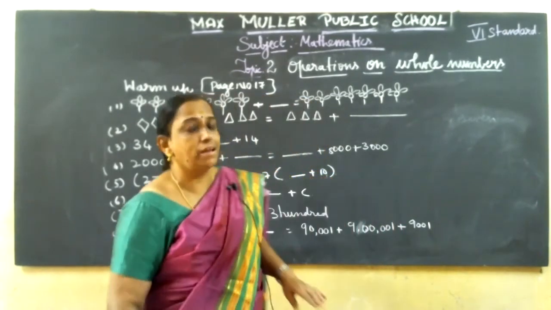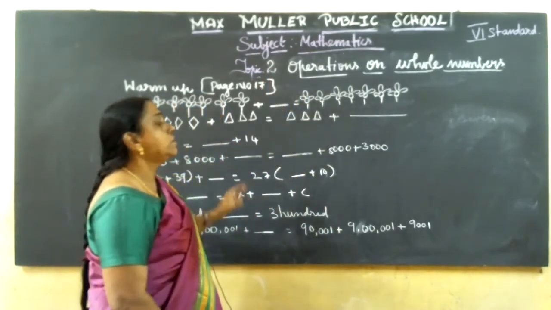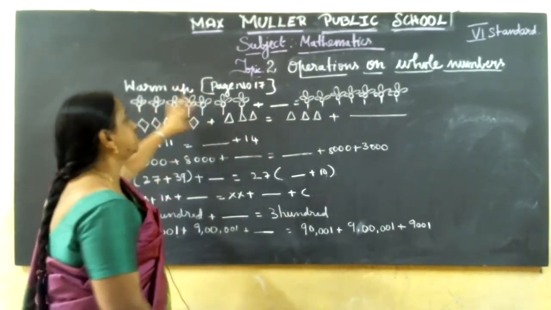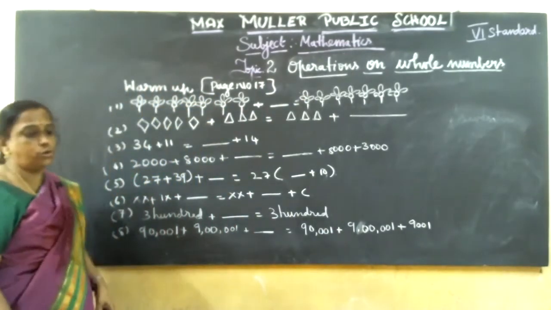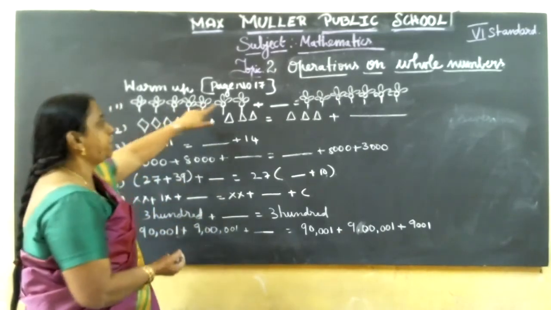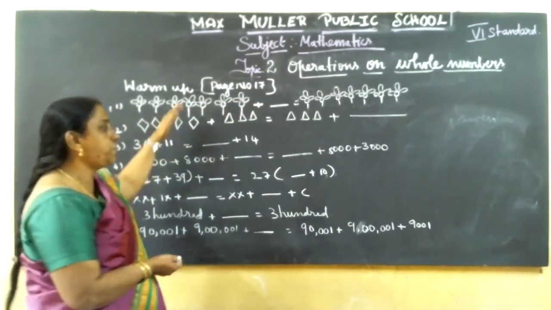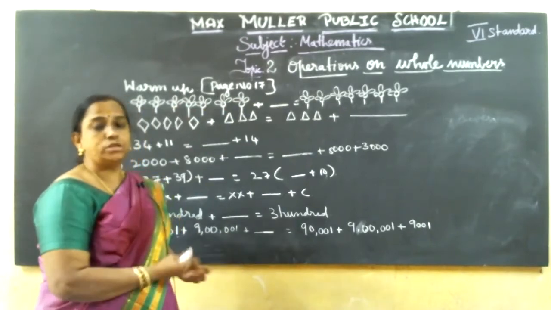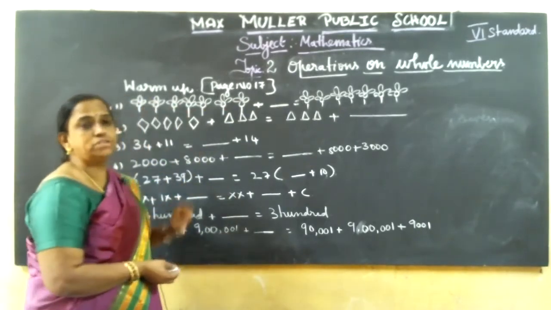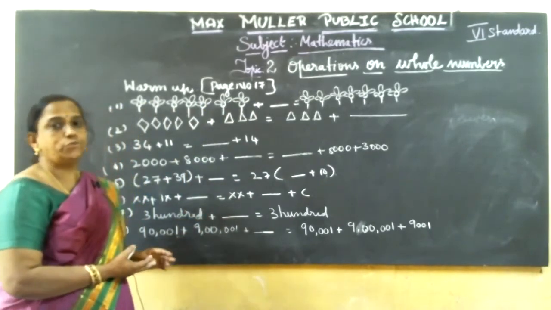Now today, last class I started a new lesson and I gave an introduction about properties of whole numbers. Now today I'm going to start the exercise. Before that, I told you already, a few things you can do in the textbook. If you have a textbook, take page number 17 and write the answers in the textbook. If you don't have a textbook, copy in your rough note. As soon as you get the textbook, you can complete it. So we'll do in the textbook. I'll solve this, then I'll give 2 minutes time. You can copy in your rough note or textbook.